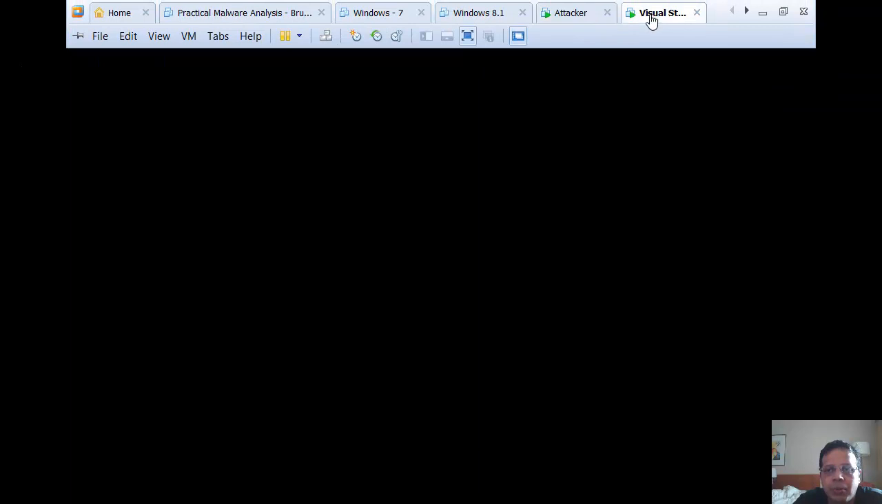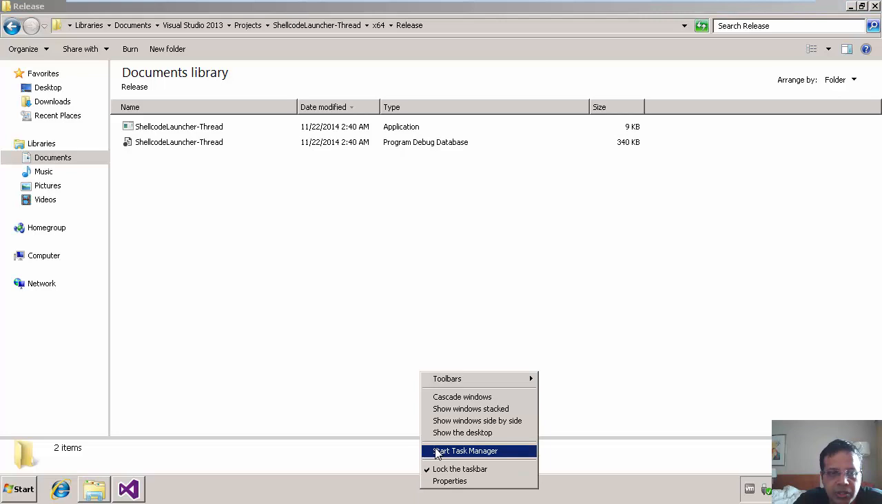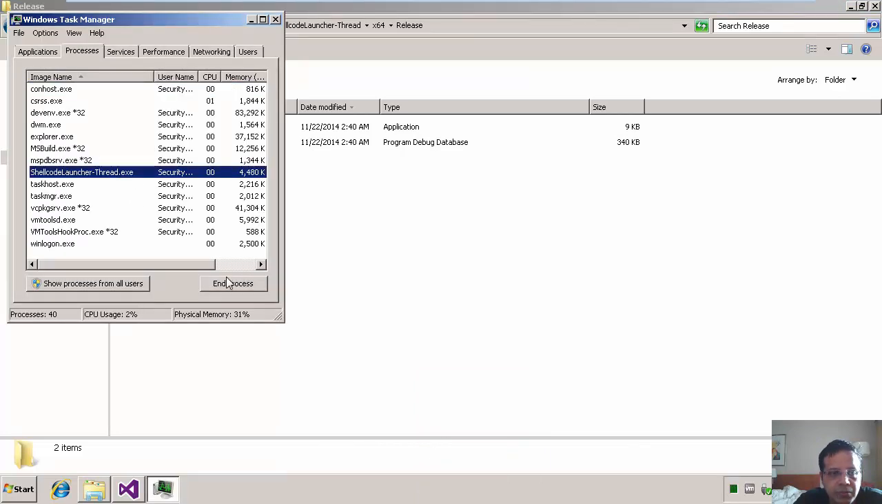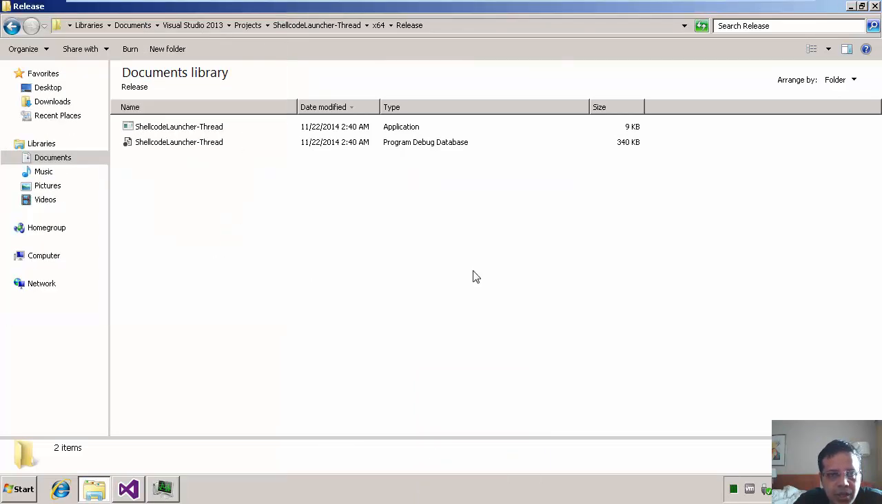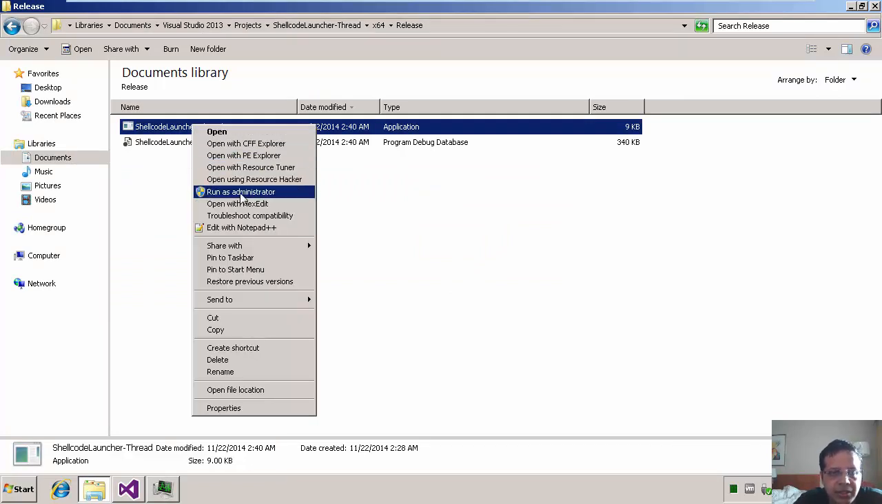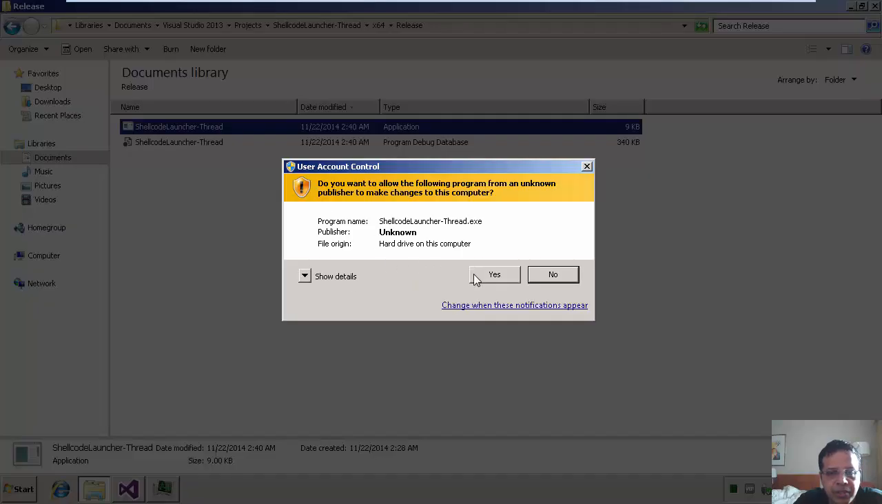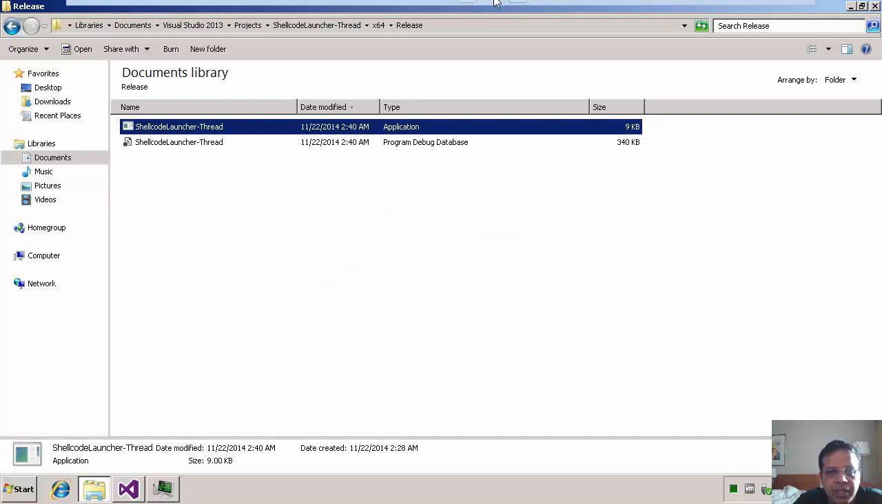So where is the problem? Well, at this point we are still running as a standard user even though I am logged in to an admin account. Let me first kill the shellcode launcher. Now if I go ahead and launch this as an admin, run as admin, we get the UAC. And now when I click yes, if I go back,